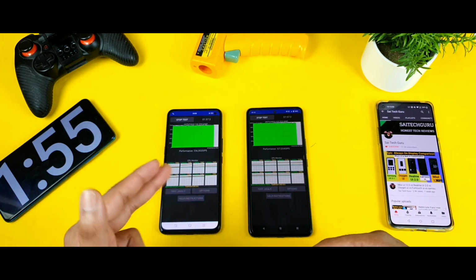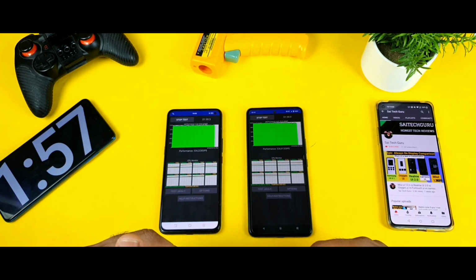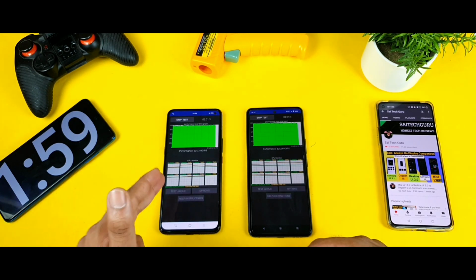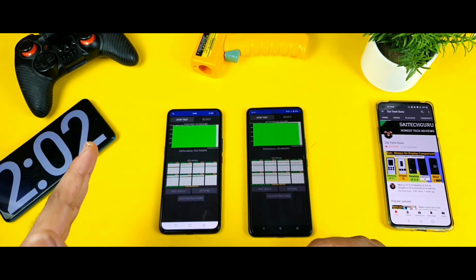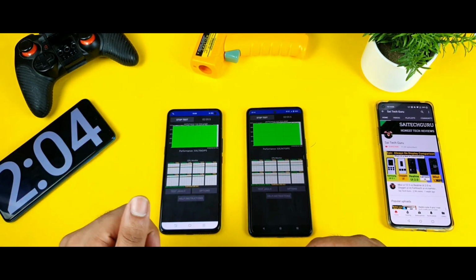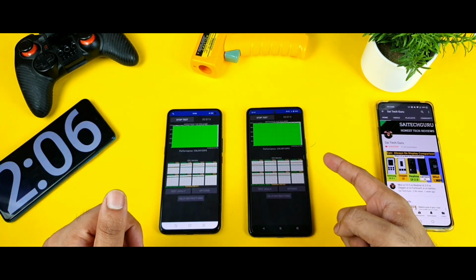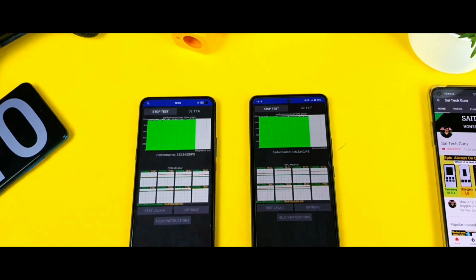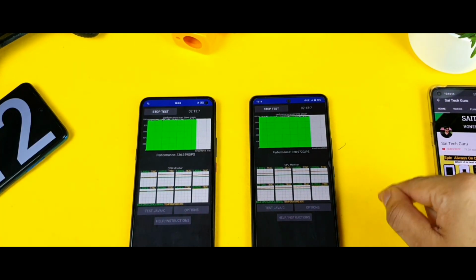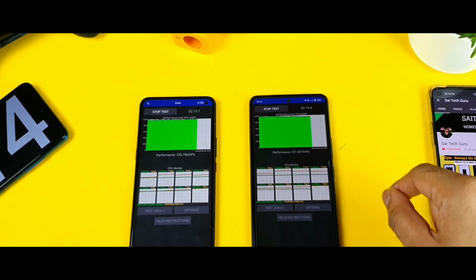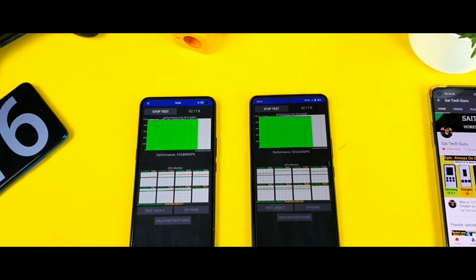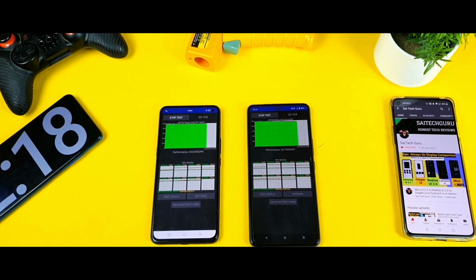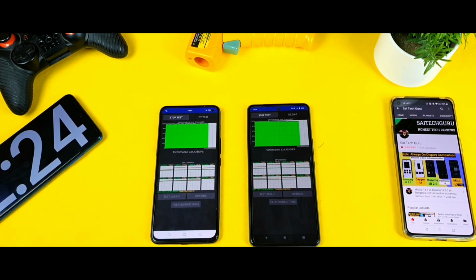And the iQOO 3 is still remaining around the top, even after 2 minutes of time. It is remaining close to 99%, only 98% around that. And the iQOO 7 started to decrease on the graph, as you can see clearly. The graph slowly decreases in the iQOO 7 device, and not in the iQOO 3. You can see friends clearly the difference. So again I'll be back after 5 minutes.